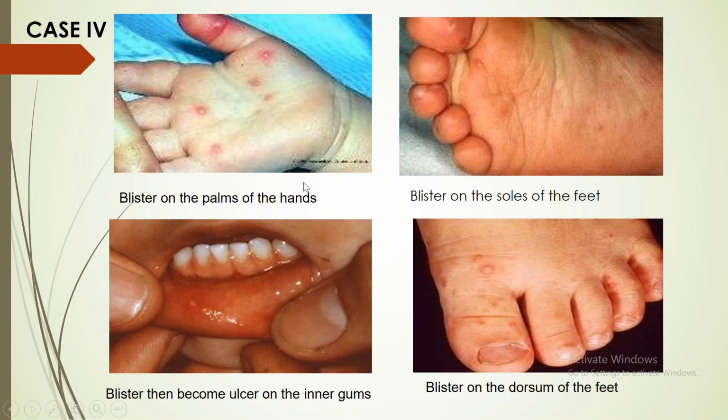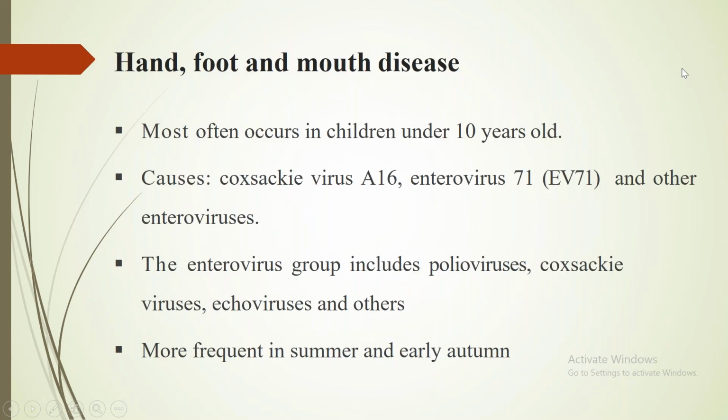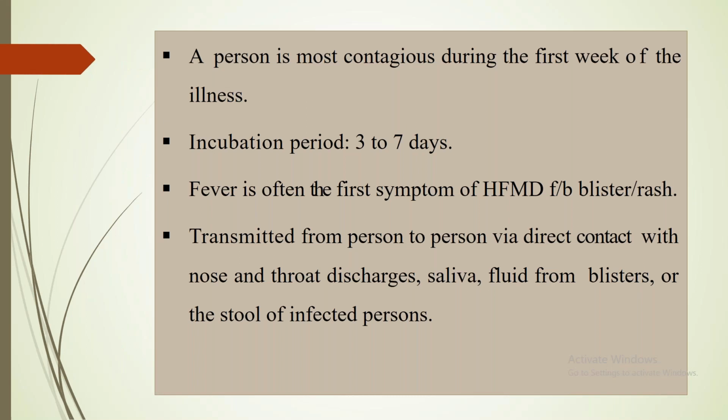Now, this is one of the diseases where there are blister lesions on the palms, soles, as well as the mouth. So, this is hand, foot, and mouth disease, mainly occurring in children of less than 10 years of age, caused by enteroviruses, and mostly in the summer season. It's a contagious disorder. Mostly siblings come together; if there are 2-3 children in the house, everybody has the same disease around the same time, having fever and the typical appearance of rashes.